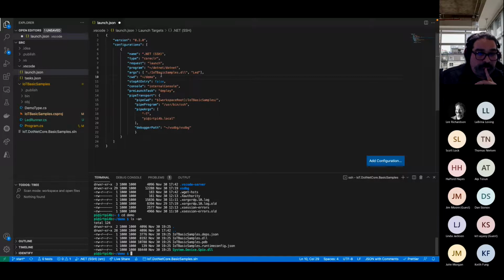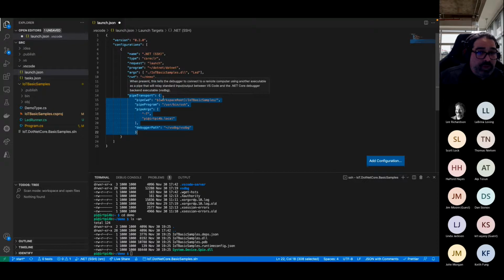And let's see. Well, last part here, the pipe transport. This is the way it's going to be communicating with the Raspberry Pi. It's actually going to be running the application over SSH on the Raspberry Pi. And it did take some setup on the Raspberry Pi.